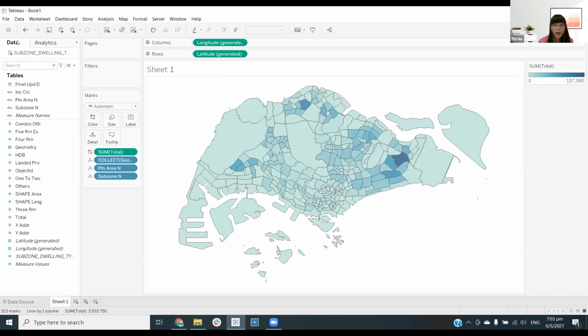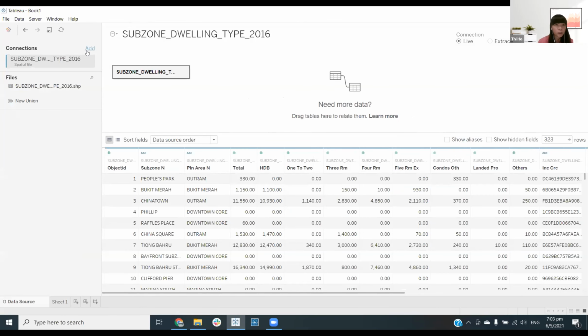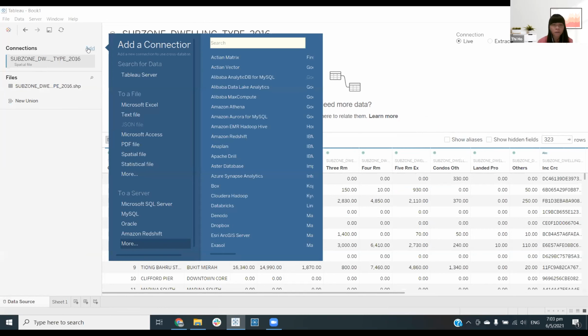So I want to add in a new layer. For just the purpose of this demo, I will add in only 4 layers. But in my views, I had 8 layers in total. But again, you can add in as many as you would like. That helps you to tell the data story that you want to tell. So next, I want to add in layers of the different parks in Singapore. So I will add